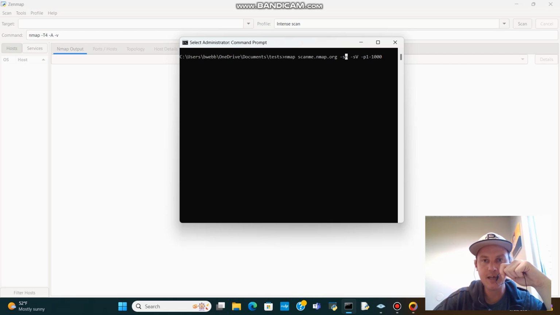I'm going to explain that. So the -sn flag will scan for all live hosts on the network. The -sV will scan for the service version, the version of the services running on the ports. And -p 1-1000 will scan ports 1 through 1000, which there's actually